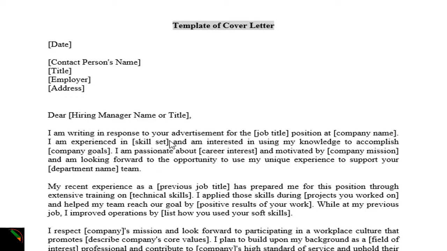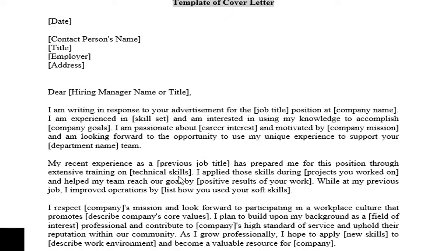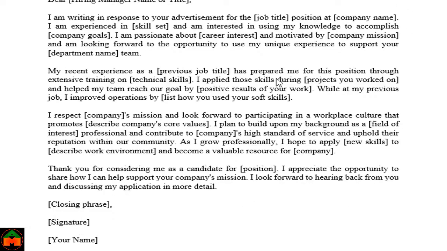In the opening paragraph, you need to mention from where you have learned about this job opening. Then you need to express that you are interested by mentioning your experiences. You can explain the accomplishments in the previous job and what type of technical skills you have applied in that job and what type of results you have achieved in those jobs or work. You can also mention if you have any soft skills. And here we can see you can tell that if the company recruits you, you can contribute to the company.